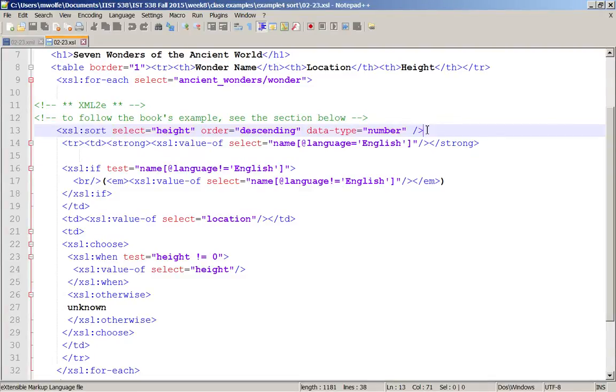Sort is just closed out right here. It's just a one-line command, more or less, and it's closed out right there. There's nothing inside of it. And it usually comes right after your for-each. You're going to have a table row, table data cell, strong, value-of select. We're going to do the same thing again. We're going to do name,